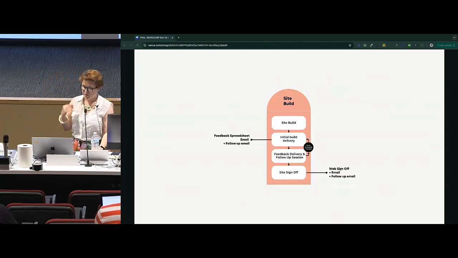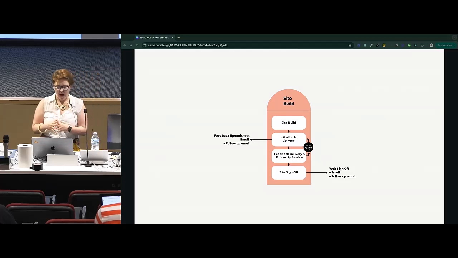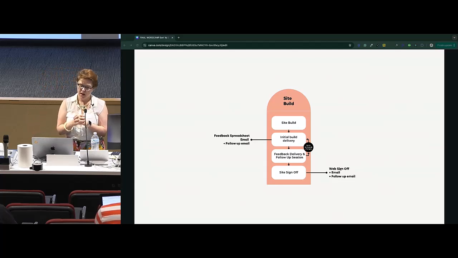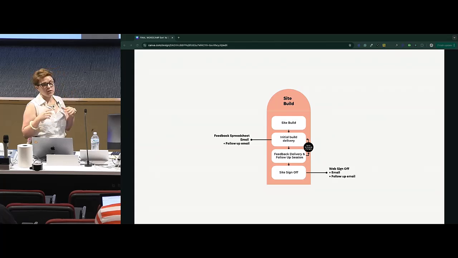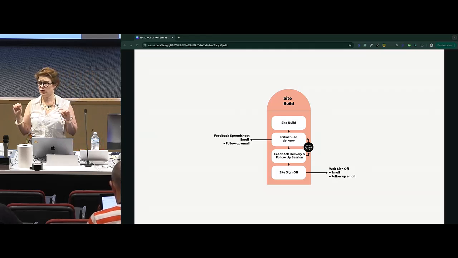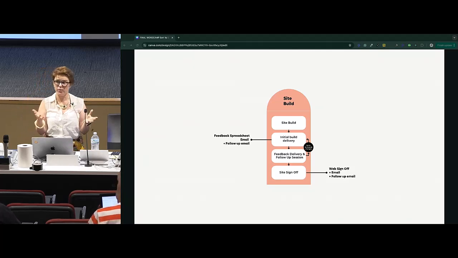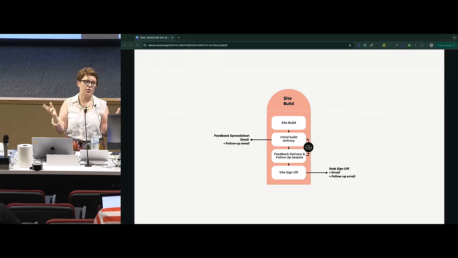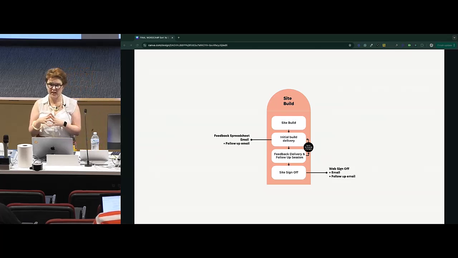Moving on to site build. The first step in that is building the actual site. Once I have built the site, I give them the initial access to it. I've put up here that I have a feedback spreadsheet. That's what I used to use. I've been using markup.io more recently. If you don't know Markup, it's super handy because you give your clients access to it and they can just go in and mark it up just like you would a PDF. You can also upload PDFs to it as well, which is super handy if you're working with longer form documents like annual reports, that sort of thing.